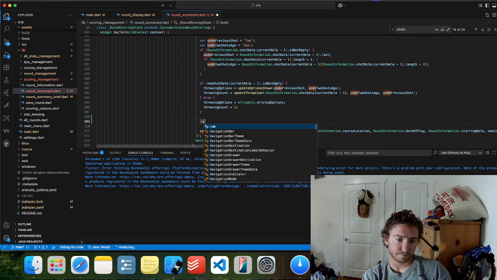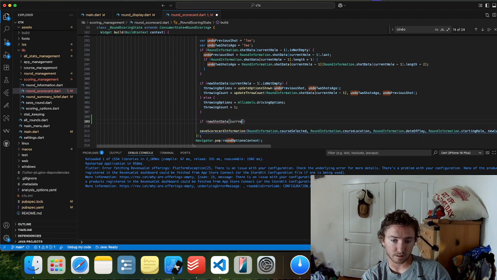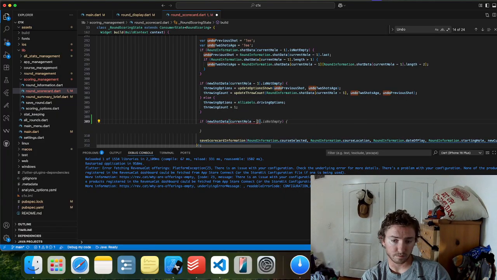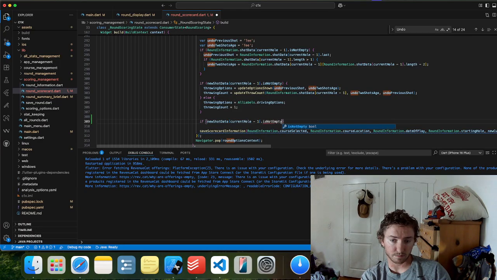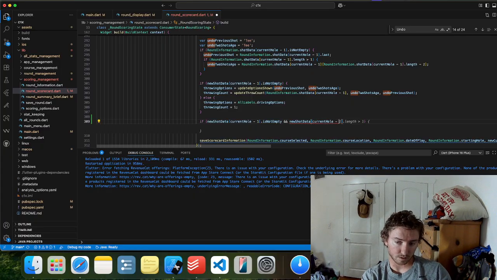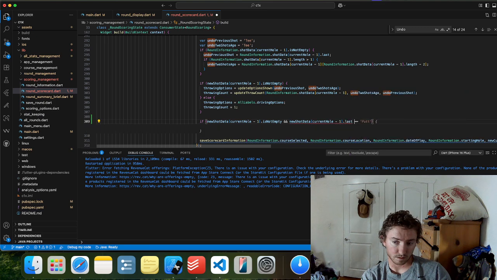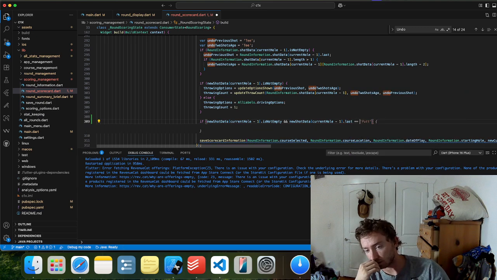So if new shot data current hole is not empty and data current hole minus 1. No, I don't think this works.